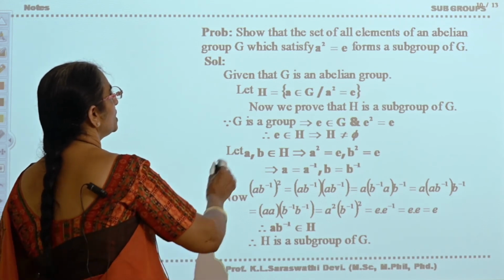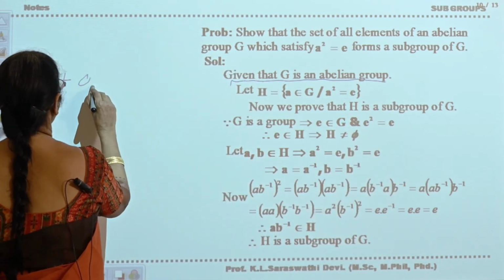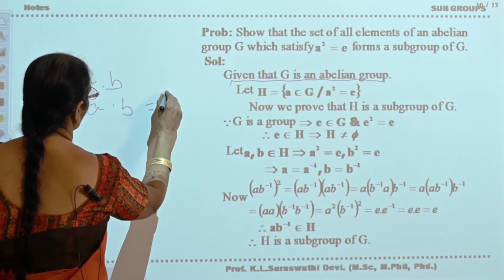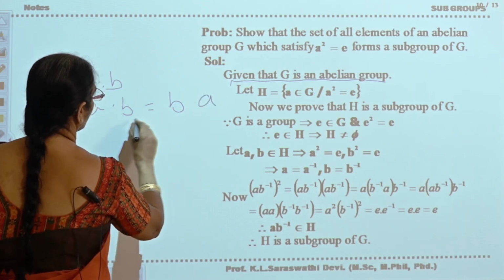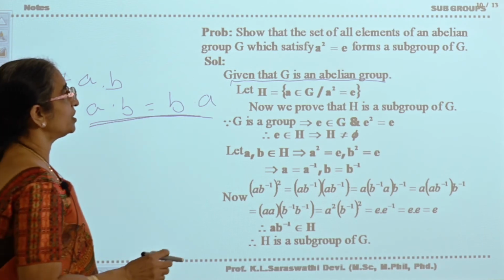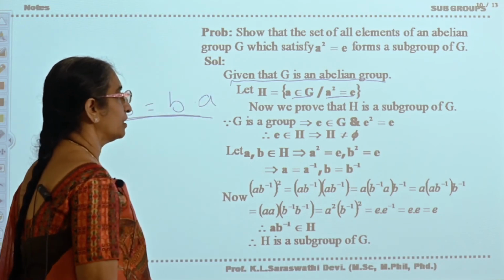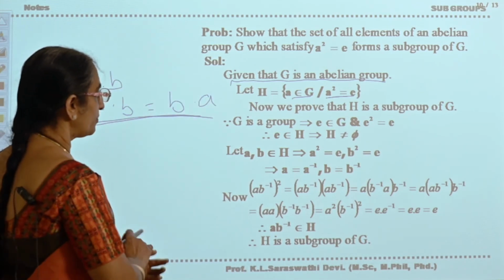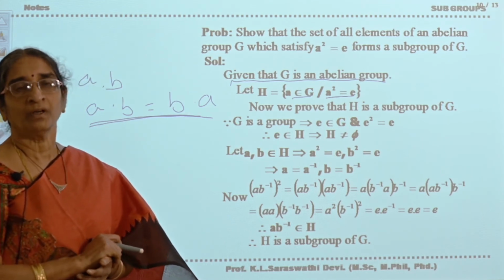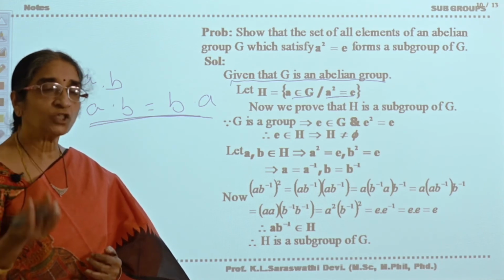Now, take G as an abelian group. Abelian group means for every A, B, A dot B is equal to B dot A. This is the problem. Now let H be the set of all A belongs to G such that A square is equal to E. Now you have to prove H is a subgroup of G. Here also we are using the necessary and sufficient condition: for any A, B belongs to H, if AB inverse belongs to H,